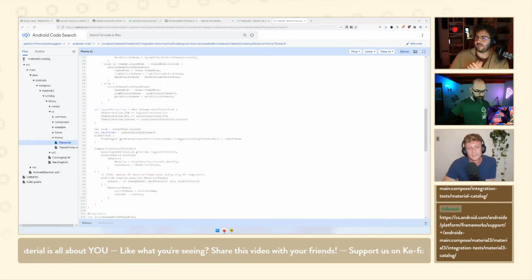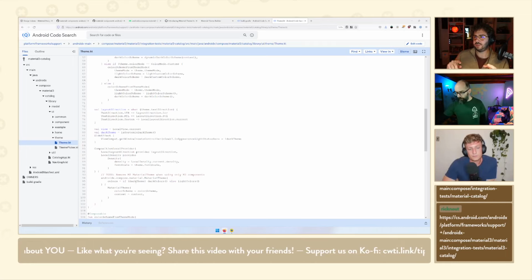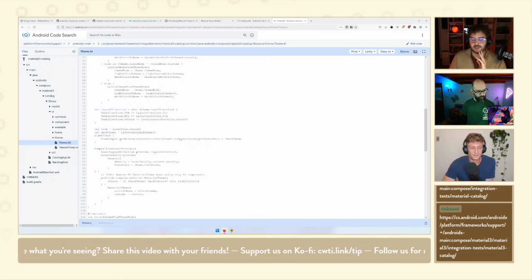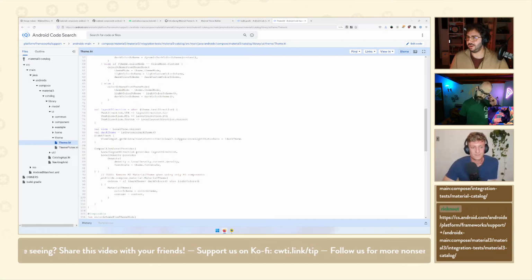So is there a specific reason why you want to wrap the Mutterial 3 inside of the Mutterial 2, or can you do it the other way around? I don't think it makes much difference. Yeah, because we've done the same thing, but I think it's just a mere coincidence that we are wrapping the 3 inside the 2.